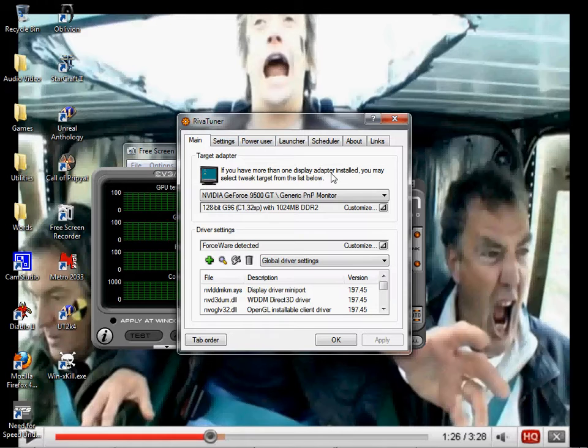Alright, so if you open up RivaTuner, and it gives you a dialog box about you have the wrong drivers, you don't. Make sure that your drivers are updated. I forget what the current NVIDIA drivers are, but they're like 247.57 or something, I don't know. Alright,